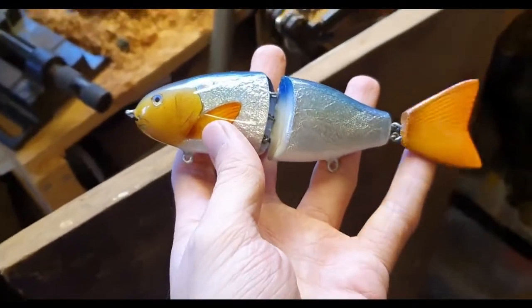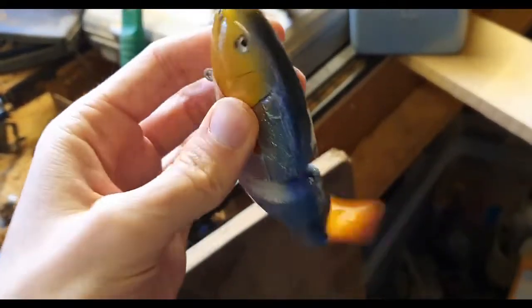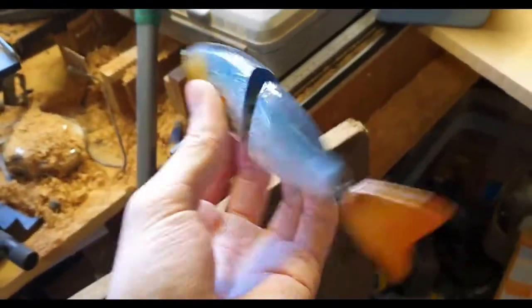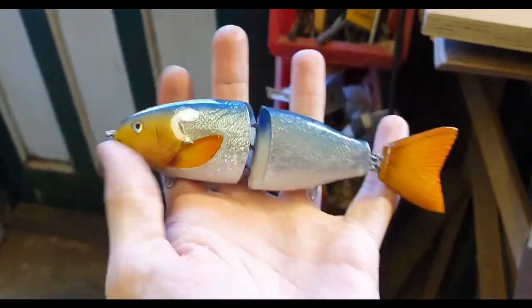And there it is, everything is glued together. So it should produce a really nice swimming action. See if I can